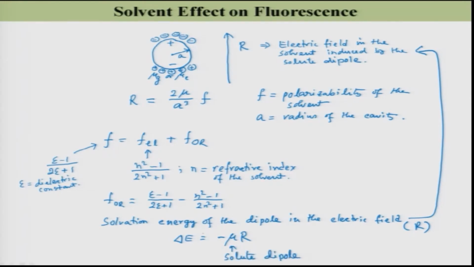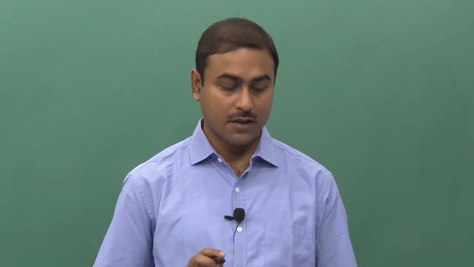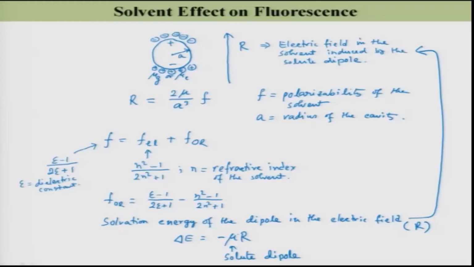Because it has created the electric field in the solvent, that R, the reaction field, is going to stabilize that solute, right. So, the delta E will be minus mu into R, right. Okay. So, now let us see, if I have a solute whose energy is Eg vapor in the ground